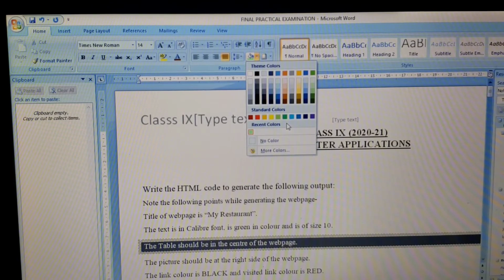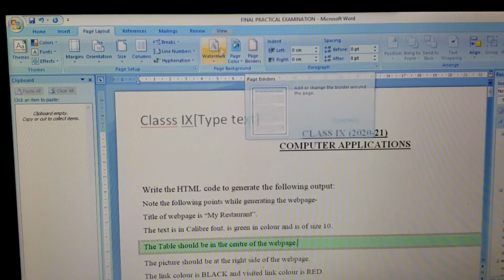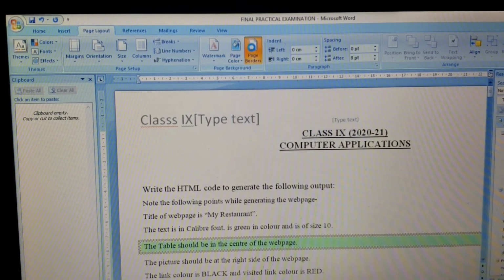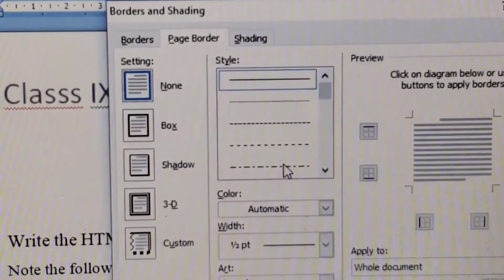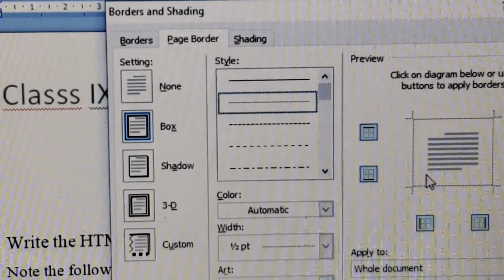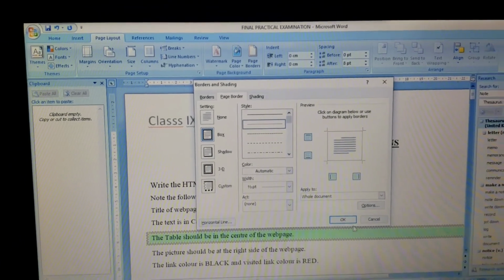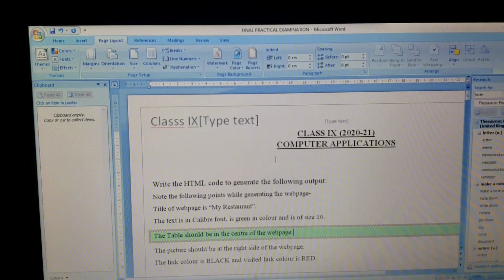Now if you want to apply the border to your whole document, how could you do that? That is also very easy, students. From the same option you can have it. Just select this page layout option and then from this page layout, here you can see that you have page borders. From here you can select, see again the same type of borders or whatever things you want that you can have. Any type of border you can select and then press the OK button. See, this border is appearing.